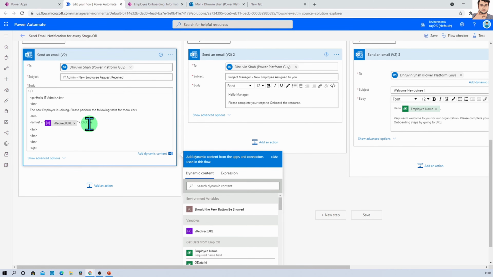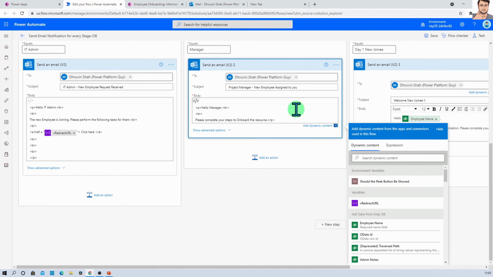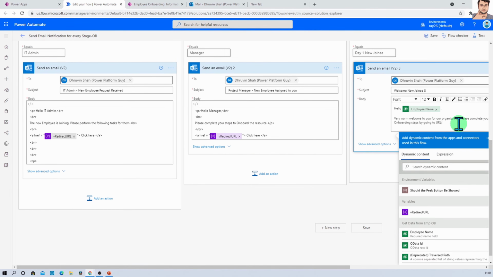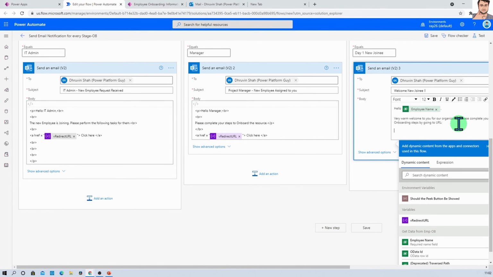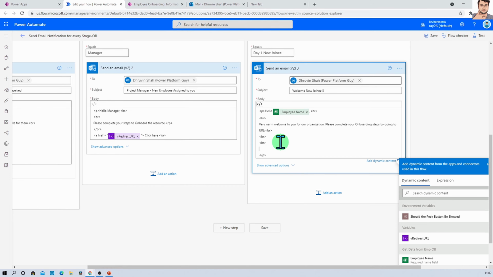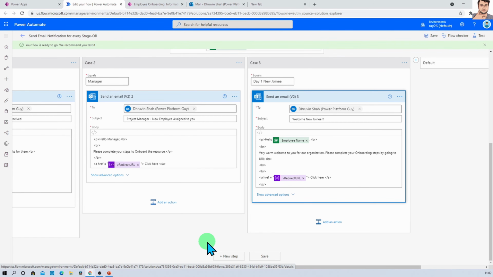Click here and /a, right? So URL has been generated. Now let's copy this and paste in each section. Similar way over here as well. Just open up the code view and add. So we have successfully created our deep links for every role.